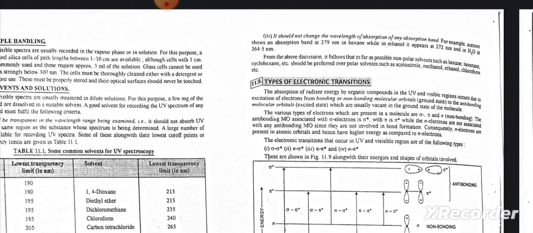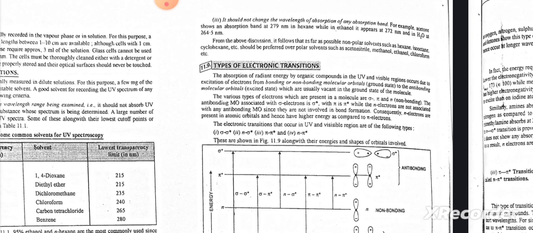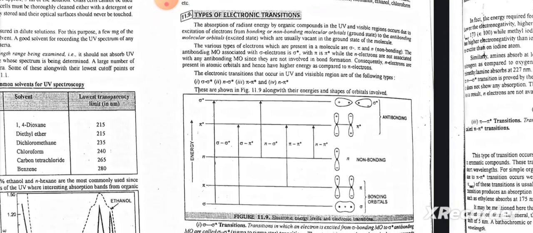Now we will talk about the types of electronic transition. The absorption of radiant energy by organic compounds in the UV and visible regions occurs due to the excitation of electrons from bonding or non-bonding molecular orbitals to the anti-bonding molecular orbitals, which are usually vacant in the ground state in the molecule. The various types of electrons present in a molecule are sigma, pi, and n. The antibonding molecular orbital associated with sigma electrons is sigma star, with pi it is pi star,